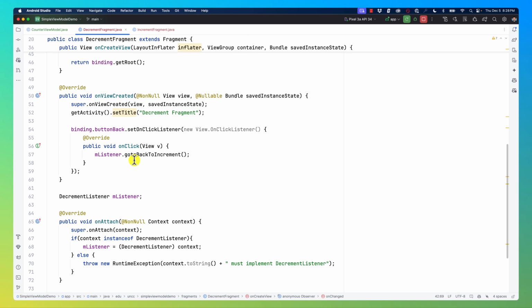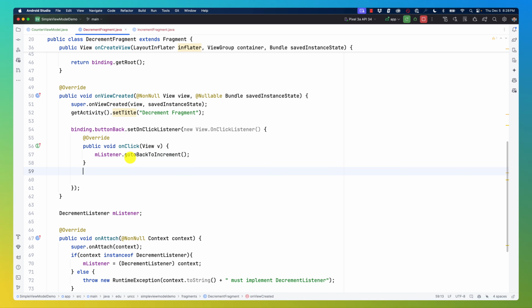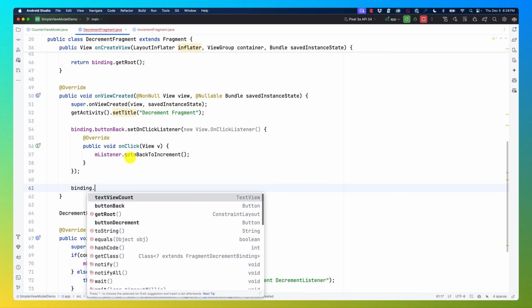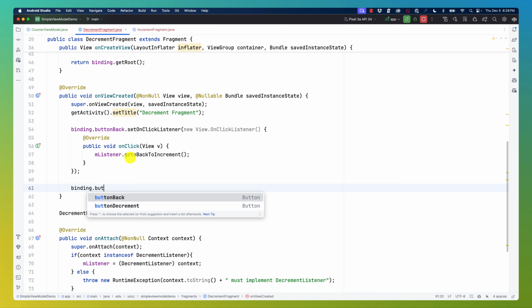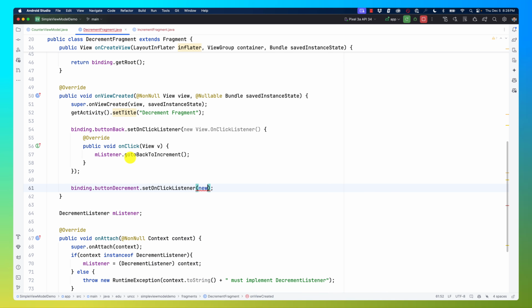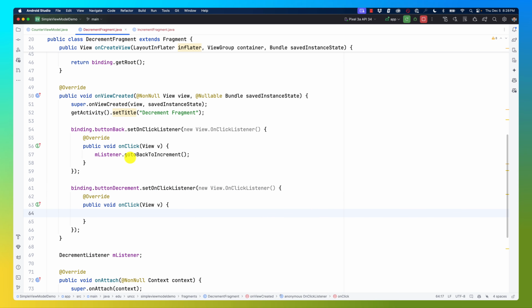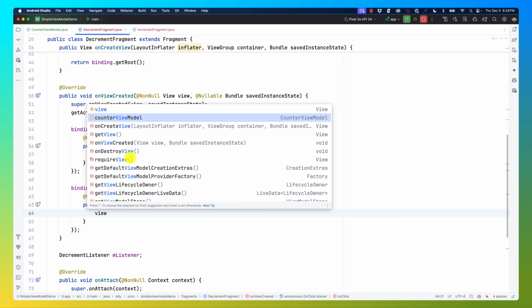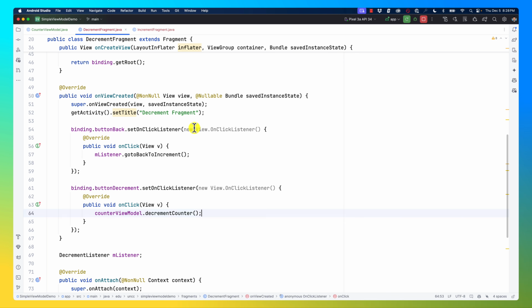And then when you click, we just call the function. So basically, again, when you click the button, binding dot button decrement dot set text new here. And what we're going to do is view model counter view model dot decrement. Okay, good. So now let's run it